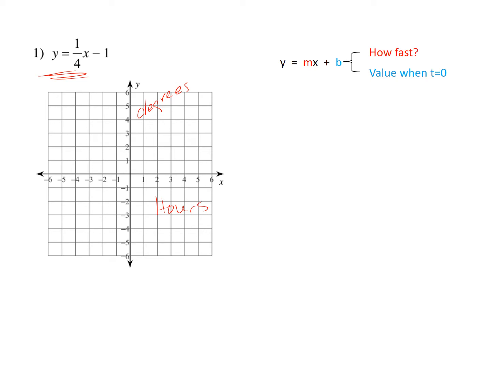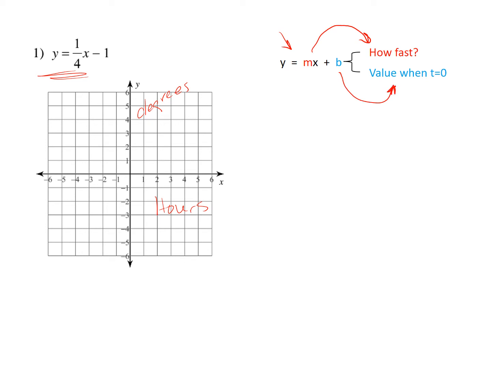All right, so now the graph, at least it's got some semblance of reality. It's got some degrees and hours. It's going to show temperature change. So before we do the problem, this is the general form of the equation: y equals mx plus b. And remember, we said the m represents, in this particular instance, how fast the temperature is changing, right? And then we also said this b is the temperature, the y value, when